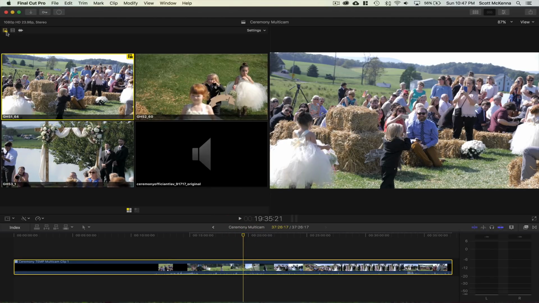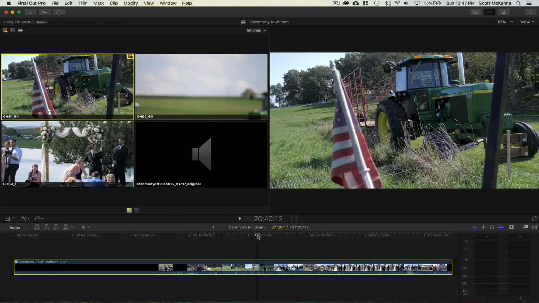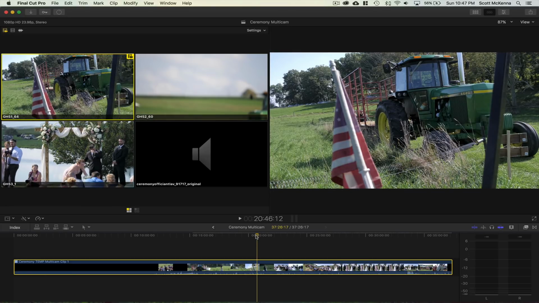These buttons up here are very important. These are basically going to say, do you want to enable video and audio switching, enable video only switching, or enable audio only switching? Now, in most cases where you're doing some sort of multicam edit, you typically have one of your main audio sources, and you usually want that to remain the audio source, and you just want to cut the cameras. So the key is you want to select the audio source that you want to be consistent, and then you just cut video only after that.